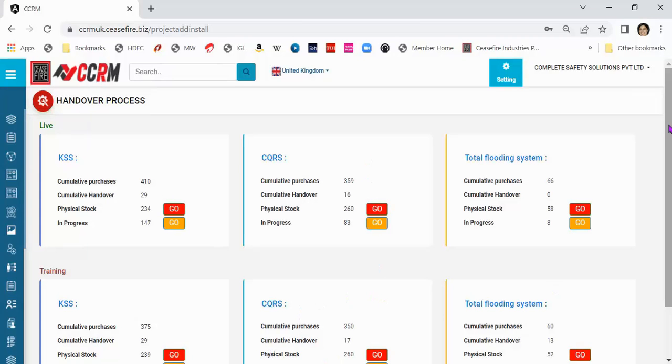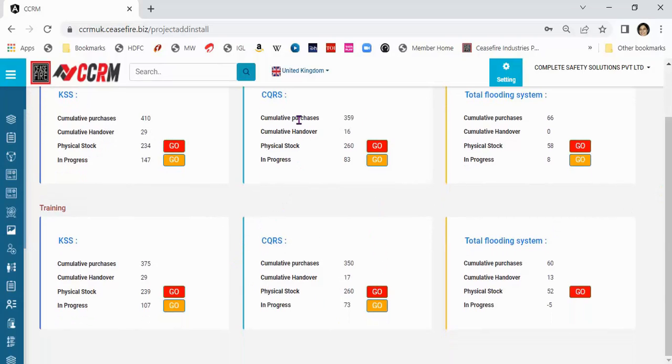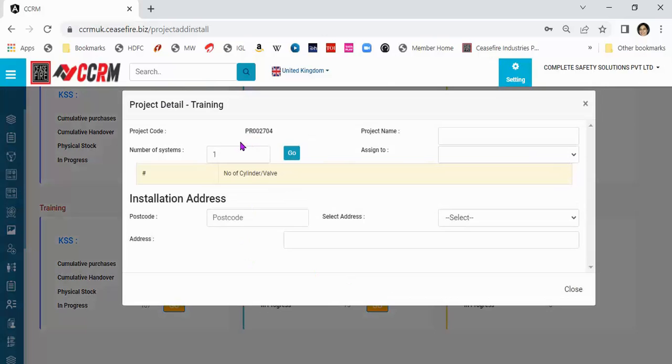So here, let us look at what we need to do. We are taking an example of Cqrs. From our physical stock, we need to move our project into in progress. So we will click on the red button against physical stock. This is the project code. You can either give the name of the company, that is test customer Cqrs1, or a reference name here, or